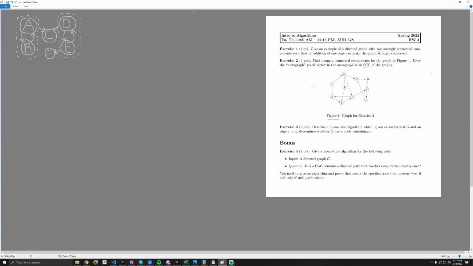Usually I find the easiest method for this kind of thing is to start by looking for vertices that don't have incoming edges. That's a good starting point to analyze. So I can see B and E have no incoming edges. And again, if you remember from before,